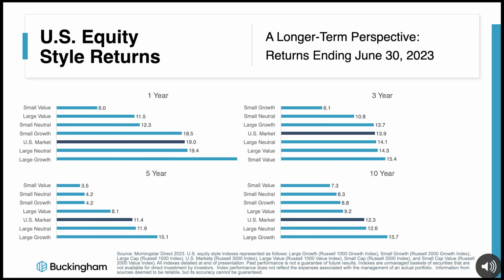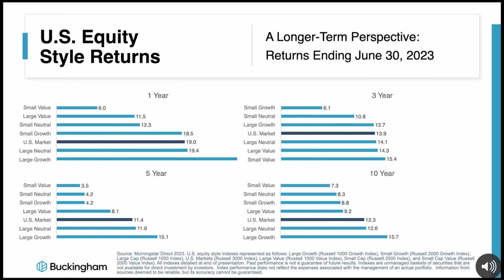Now let's take a longer view to see how different investment styles have performed for standard periods ending June 30th, 2023. Looking at annualized returns now in the U.S., we can see that markets have shown resilience, especially over the trailing one-year period, when faced with significant headwinds, such as ongoing fears of global recession, continued rising interest rates to help bring down inflation, and growing concern for the commercial real estate sector. Despite these potential issues, U.S. markets returned 19% during the last 12 months and exceeded 10% per year.